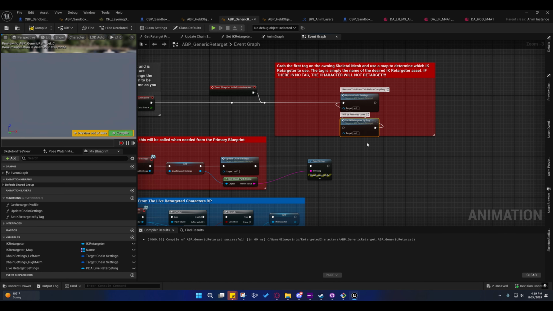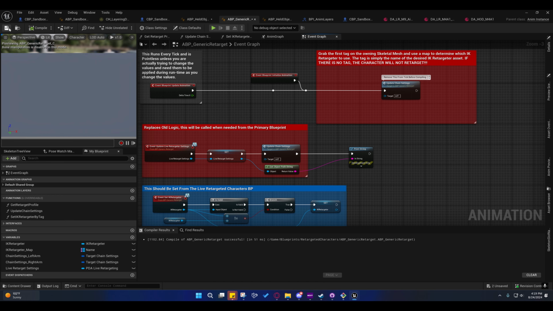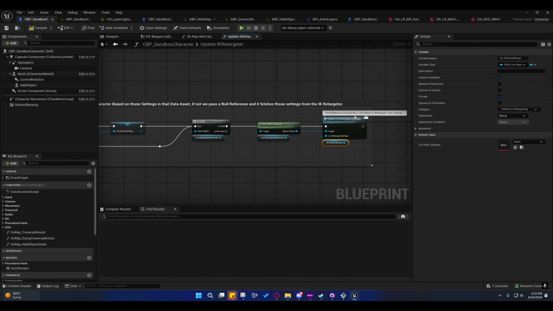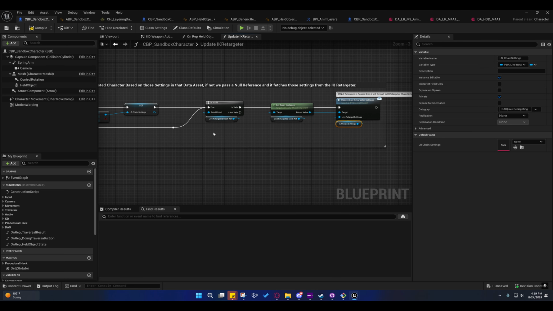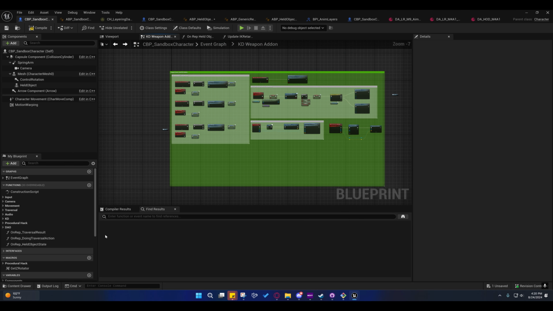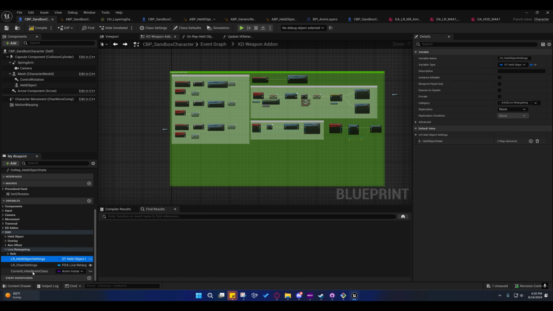Looks like I did forget to clean up a little in here. So that basically explains all of that. Those are all the changes that I made inside of here. That's basically it. So